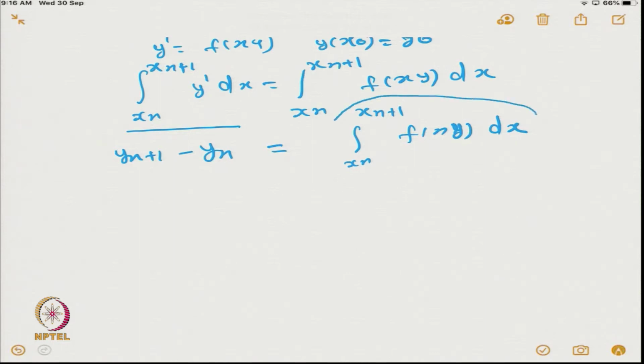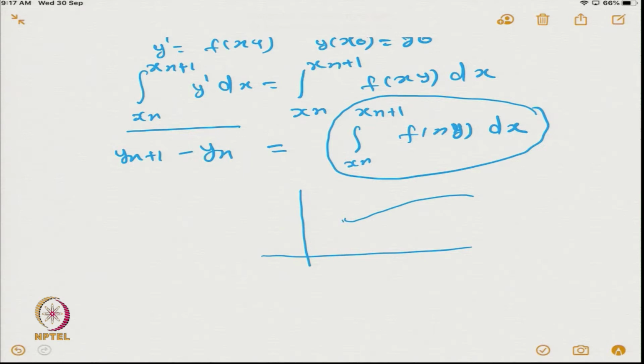we have to, of course, if we are integrating as such, then it corresponds to an analytical method, but our role is to derive the numerical method, for which we do not know how to integrate these terms. So, that is the role of numerical quadrature formulas also, which you have seen in the previous part of this course. So, basically I wanted to integrate, suppose this is my function f(x, y), from xn to xn plus 1.